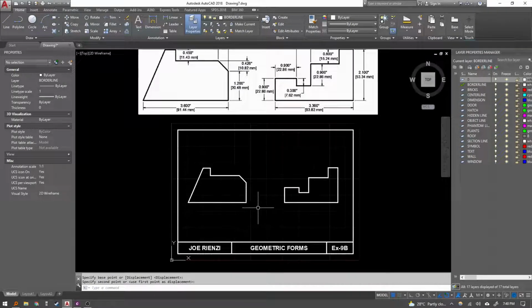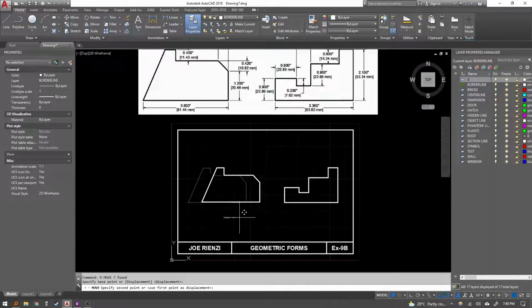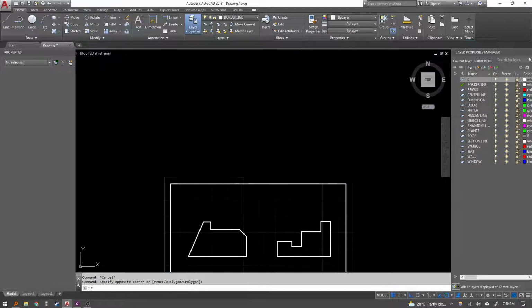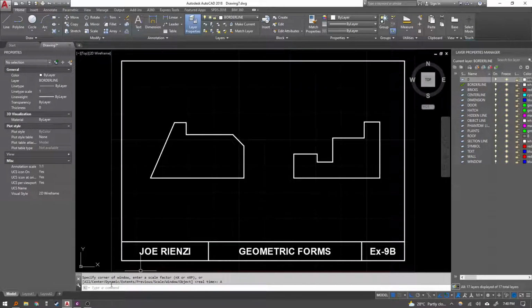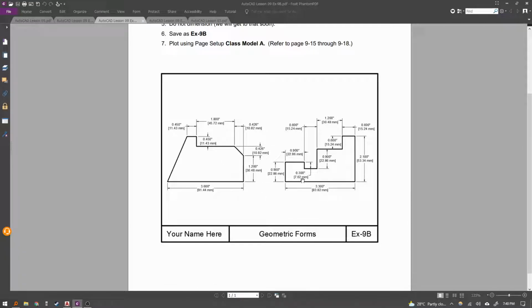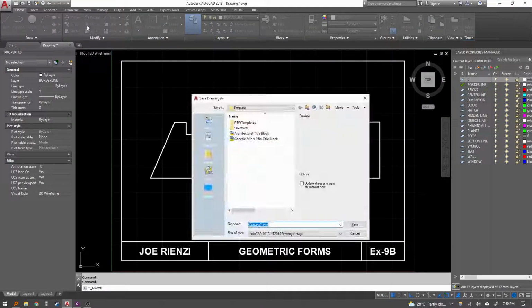Or, konti pang move. F8 para ganda yung pagkakamove. Ayan. And then, burahin ko na tong aking zoom all. Geometric forms. Ito siya. So, yun. Save sa ating